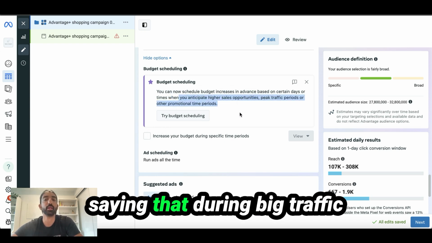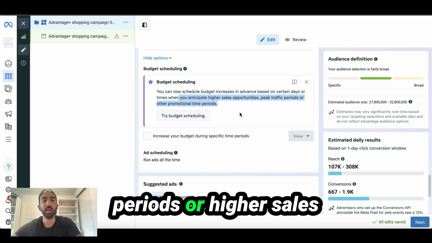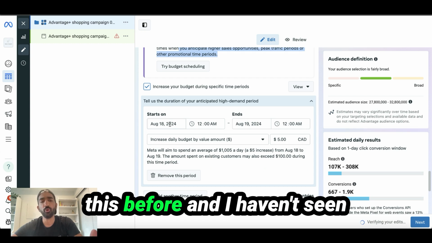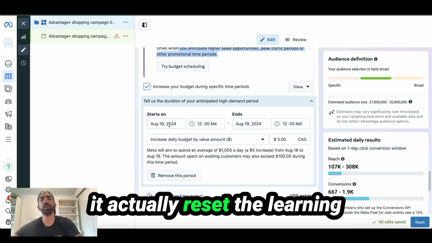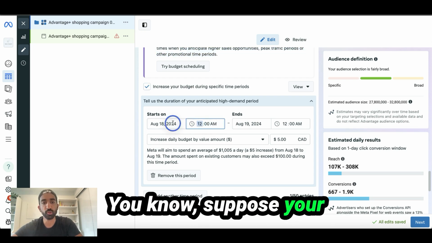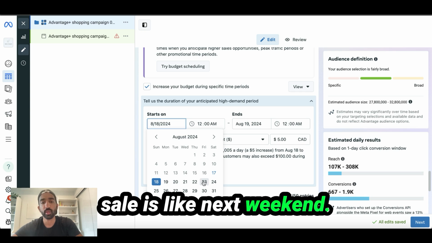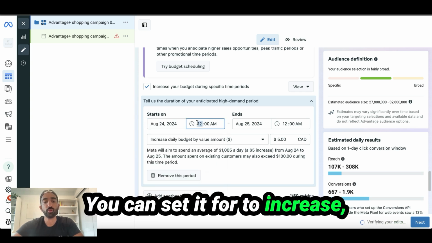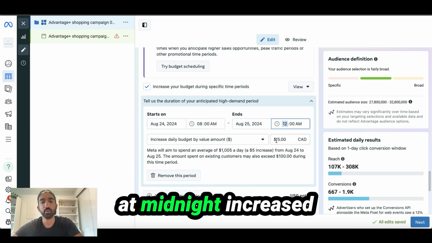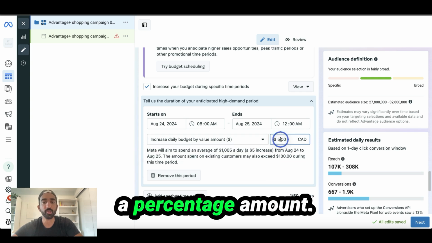I would use budget scheduling, which is what this is made for, which is awesome. It's especially meant for peak traffic periods or higher sales opportunities. What's amazing is I've used this before and I haven't seen it actually reset the learning phase. So, suppose your sale is next weekend, you can set it to increase from 8 a.m. on Saturday all through midnight,